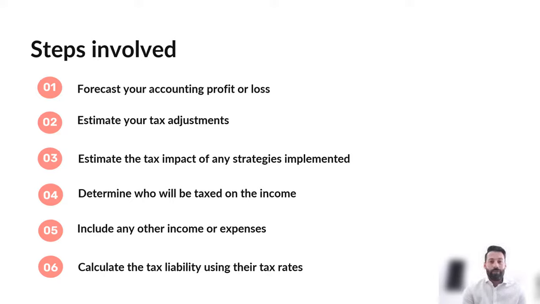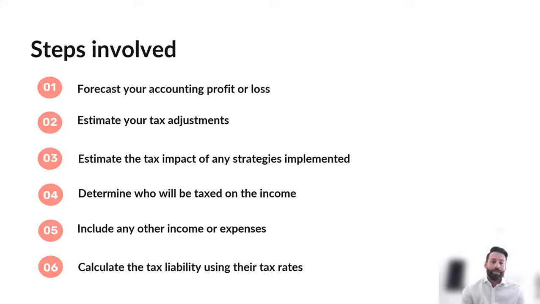If you have individuals that are being taxed on the income, what you can do is use the ATO calculator or jump into something like paycalculator.com.au. If you punch in the income for the year, it'll then tell you what the tax liability is, what the Medicare levy cost is, whether there's a HECS repayment, all those sorts of things, and it'll also factor in some of the offsets. So that's a great way to figure out what the tax liability is, especially because we have a marginal tax rate system in Australia.